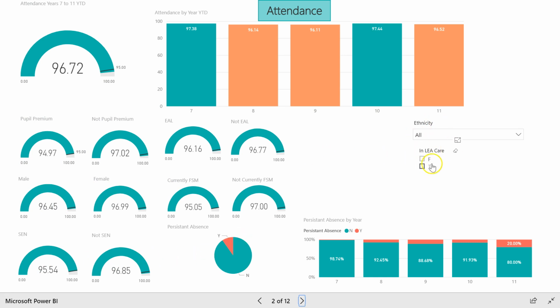We've got two slices on this screen, so we could have a look at a particular ethnicity, or we could look at the pupils in LA Care. Another way perhaps of looking at the attendance figures here is to click or double click on one of the year groups here. So if I think it's a double click,